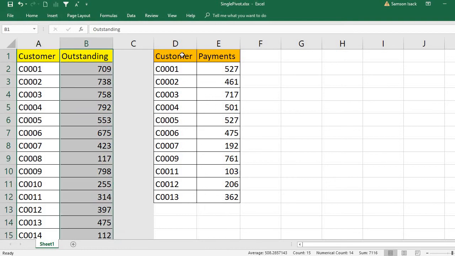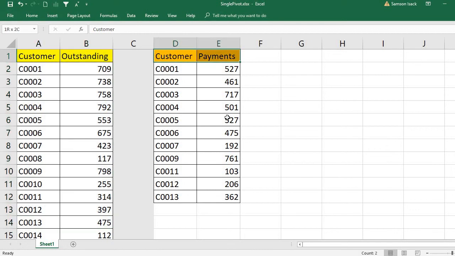Also a similar thing, customers and payments. I have two data tables, and both of them are different. The connecting key here is the customer ID. So I have the outstanding and payments. Now I'm going to bring both the data sets, this data range, into a single